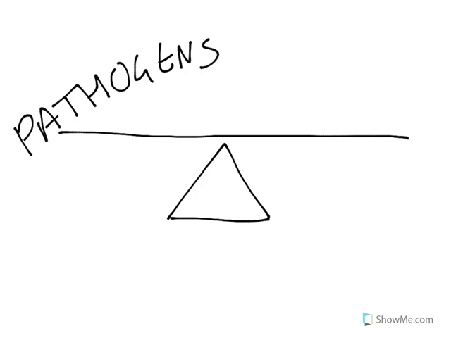So we've got pathogens on the one side, and of course on the other side of the seesaw, trying to counteract the effect of pathogens, we have immunity. Now, if you think about this, generally the power, the strength of the immune system is pretty well matched to the virulence of the pathogens which that particular individual is accustomed to in their environment.